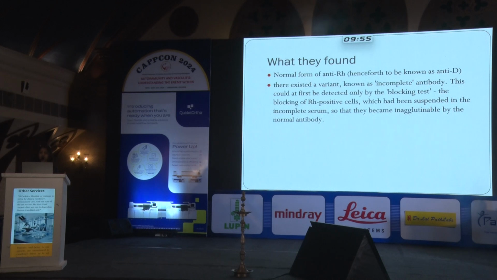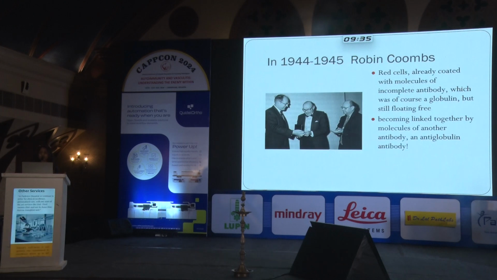And there existed a variant known as the incomplete antibody. This could first be detected by what they called at that time the blocking test. And this was blocking of Rh positive cells, which had been suspended in the incomplete serum so that they became inagglutinable by the normal antibody. So this was just the basic science research that went on to find out further. So following a few years, Robin Coombs was the founder of the Coombs test, in which